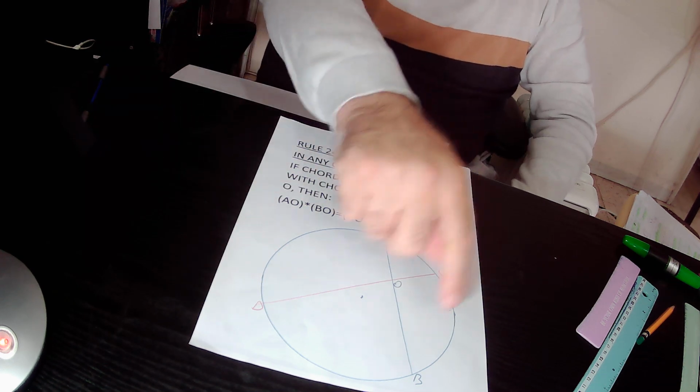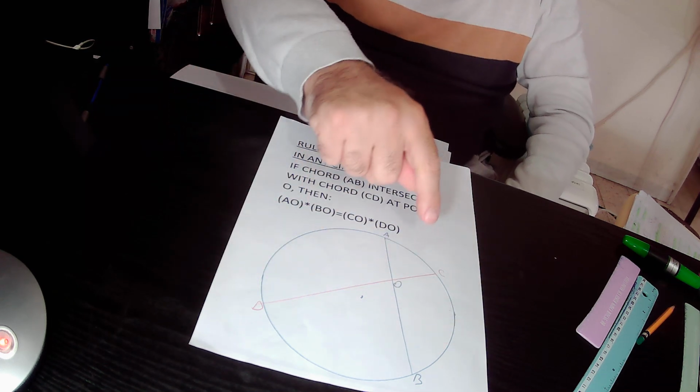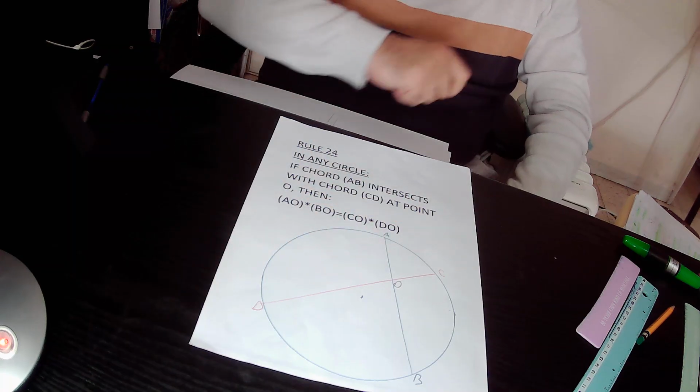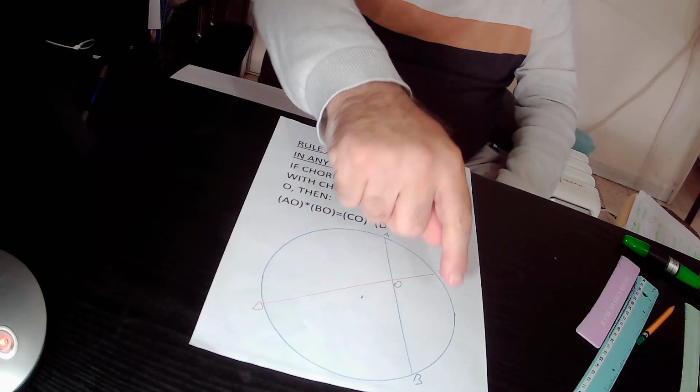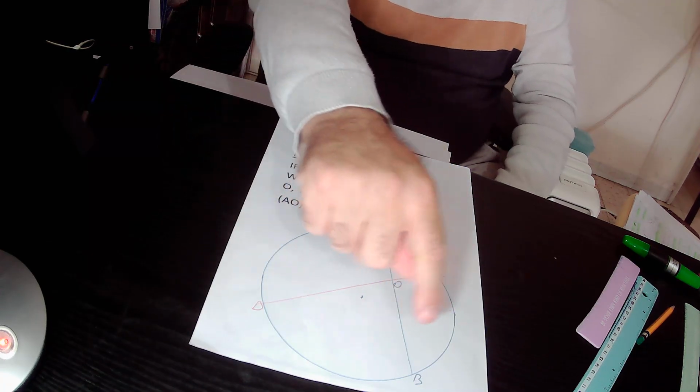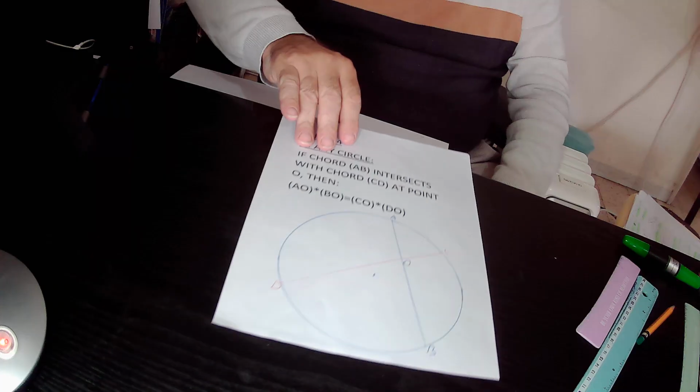So in the drawing, we have a circle. This is chord AB that intersects with chord CD at point O. So in this drawing, the following equation is true: AO times OB equals CO times OD. Again, AO times OB equals CO times OD. So we can implement Rule 24 in our drawing. Why? Because in our drawing,